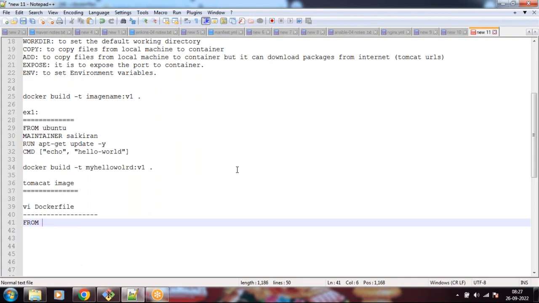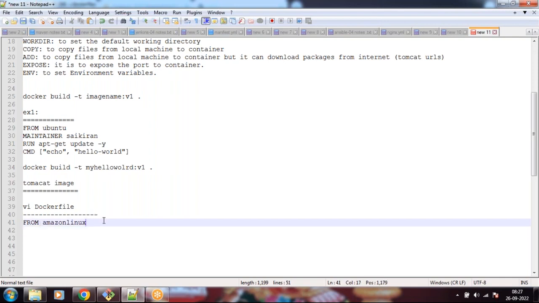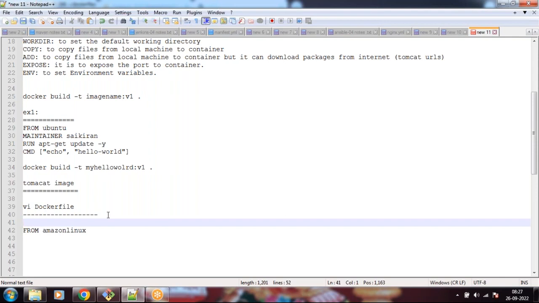I'm taking my base image Amazon Linux. We'll take Amazon Linux because this is quite simple. So if you don't give anything, it will take the latest. And first we will write the steps, and then we'll follow these methods. First thing is you need a base image,